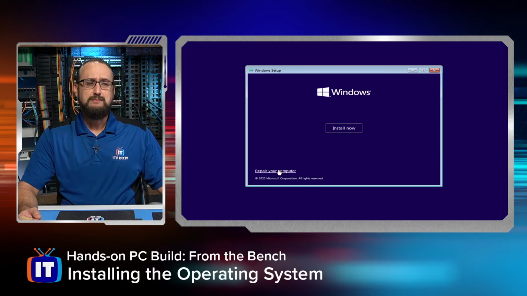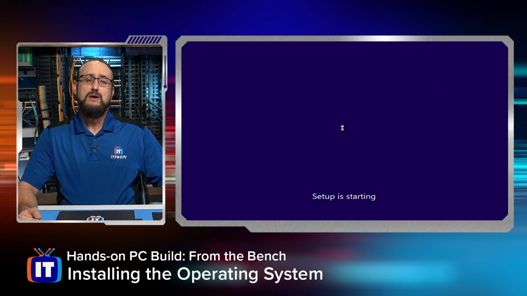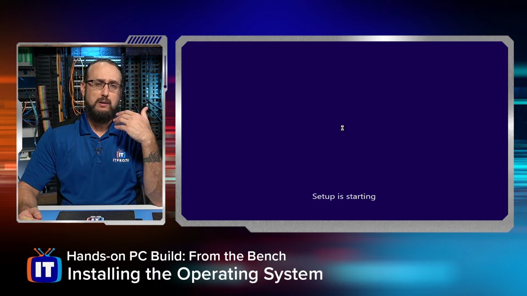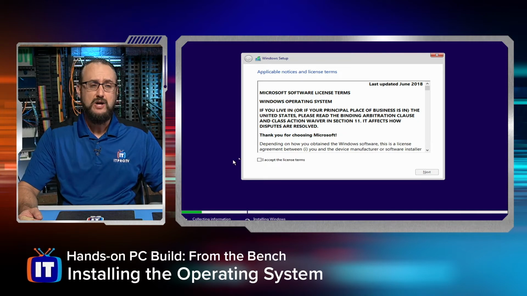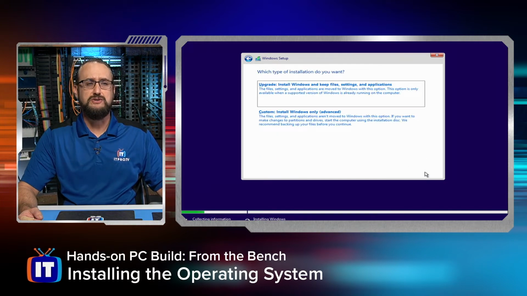Now, we've got a couple of options here, and what we want to do is choose Install now. Once you do this, if you have existing partitions, let's say you've used a hard drive that maybe isn't new, you might have existing partitions on it. We can also format this as a part of the installation process. What you see here is what's known as your end user license agreement, the EULA. You're going to have to accept the terms, and then you can choose next.